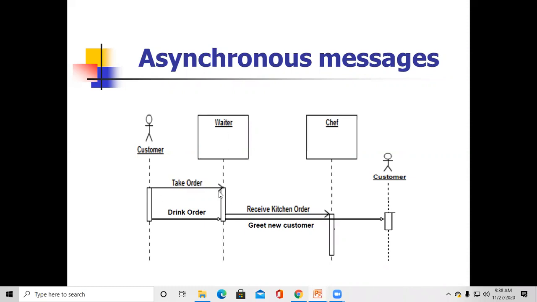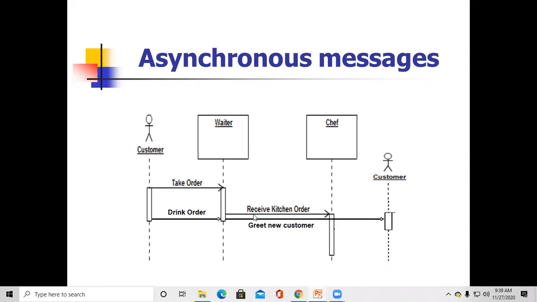Again, the customer simultaneously sends another request, that is drink order. So these are two requests, two asynchronous messages, passed to the waiter object. The customer does not wait for the receiver to process; it simultaneously sends asynchronous messages to that object.